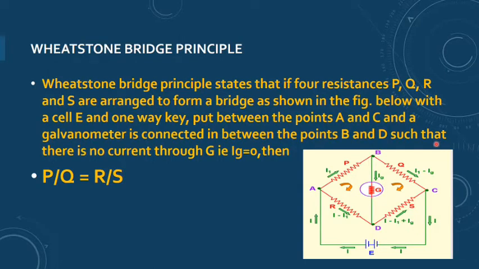And of course, I think you are all aware that the galvanometer is a device used to detect feeble currents. Small amounts of current, it means even if a very small amount of current flows through the galvanometer, it will get detected. Even if a small current is flowing through this arm BD, the galvanometer will show a deflection, either on the left side or on the right side. So even if I change the terminals of this battery, it will not affect the experiment. So I think the Wheatstone bridge principle is clear to you.